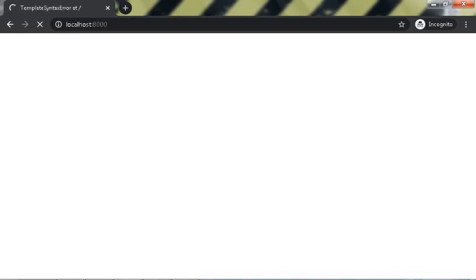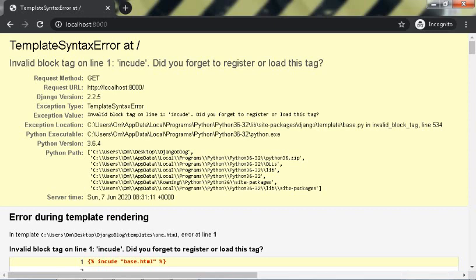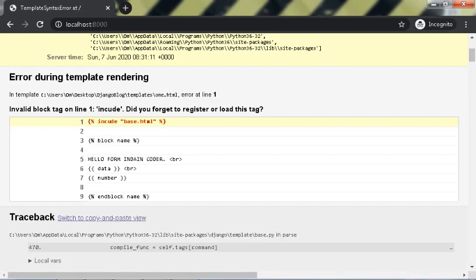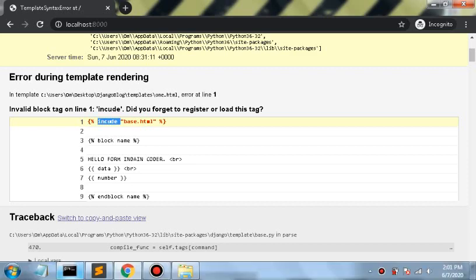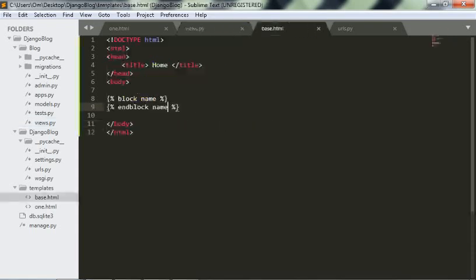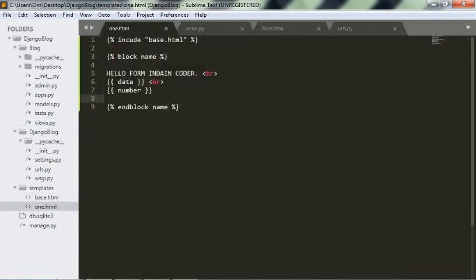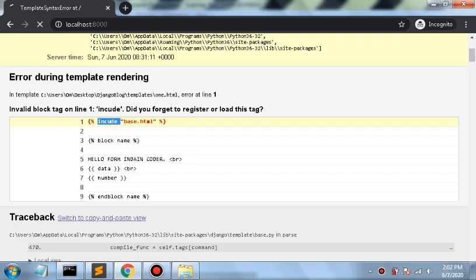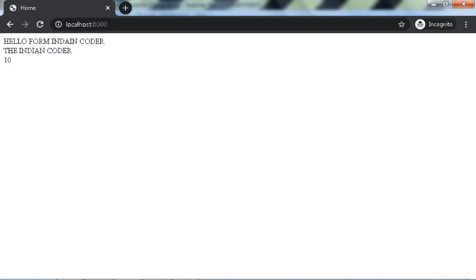There is a syntax error here. It should not be include, it should be extends. My fault. Let me fix it, and as extends, let us save and try again. Yeah, you may see the error is gone.